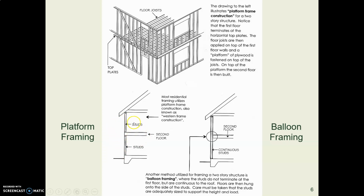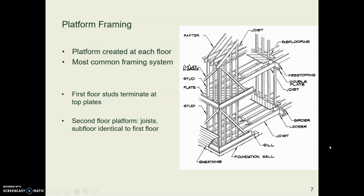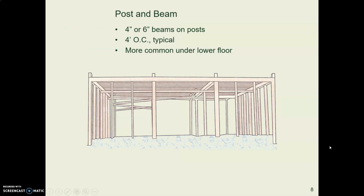In the platform framing, you can see that the studs sit on top of the floor plate, whereas over here at the balloon framed wall, the stud just goes all the way up and the floor platform sticks onto it. So that's platform framing. There's an old style called post and beam, where you have larger posts with beams sitting